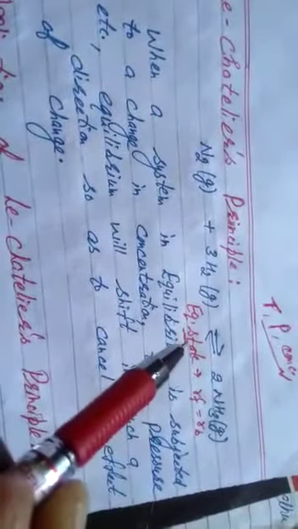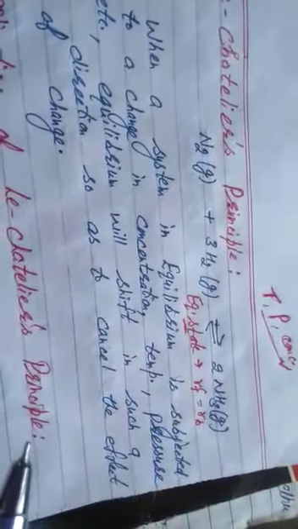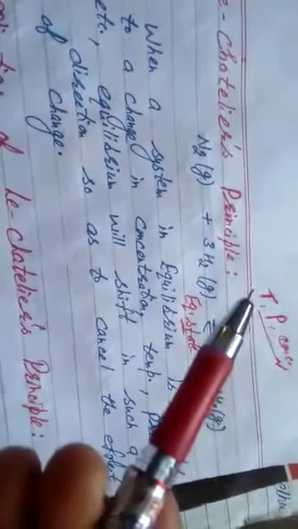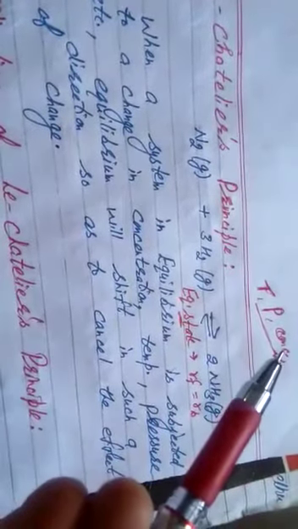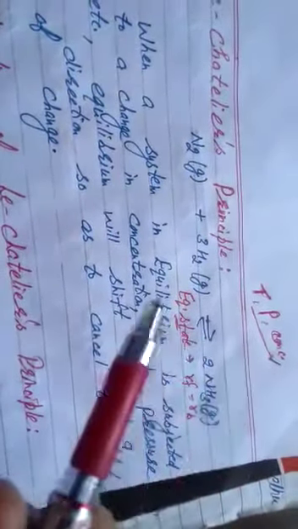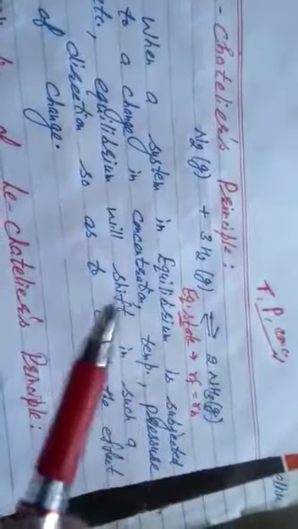Because at equilibrium state, the measurable properties temperature, pressure, concentration become constant. When we increase or decrease temperature, increase or decrease pressure, increase or decrease concentration, equilibrium will shift to cancel the effect of this change. Applications of Le Chatelier's principle. At first, effect of change in temperature.